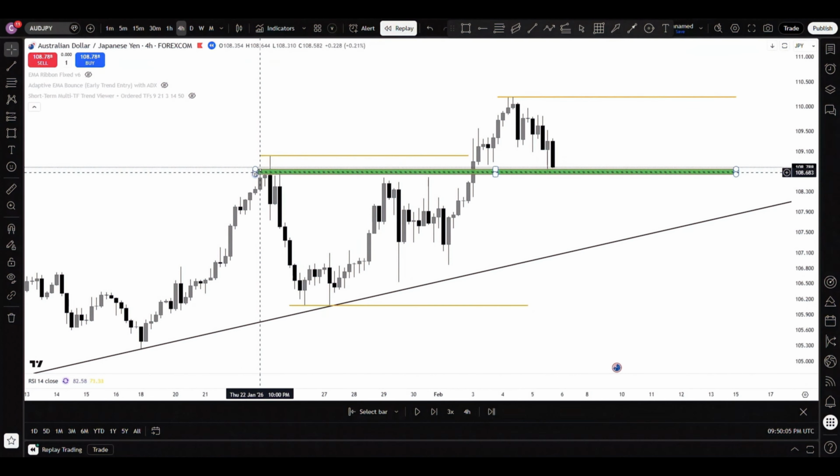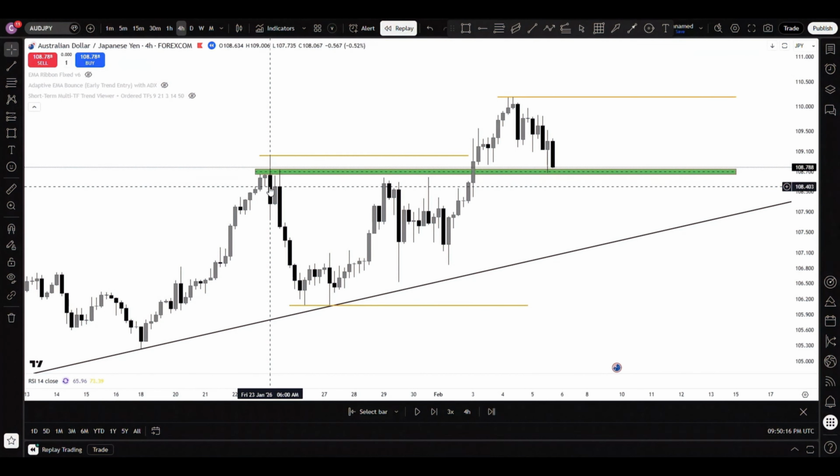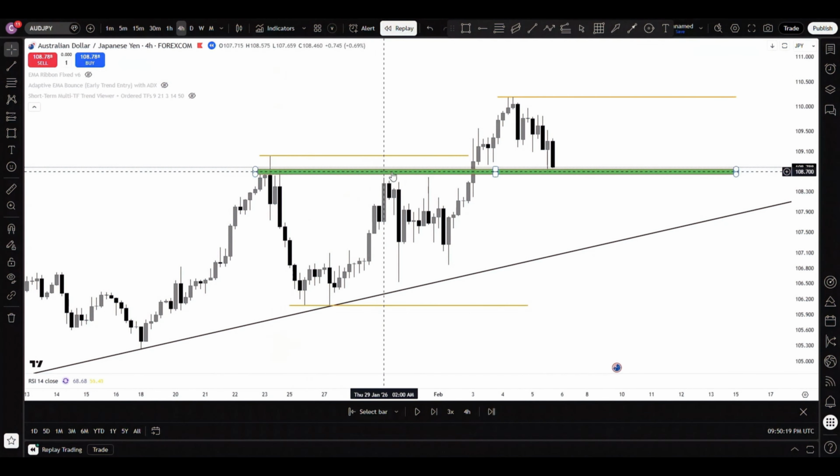And we're going to say, because what price likes to do is turn what was once resistance into support. It also likes to turn what was once support into resistance. So if price is pulling back, then this would be an ideal spot for it to pause to turn resistance into support, because as you can see right here,